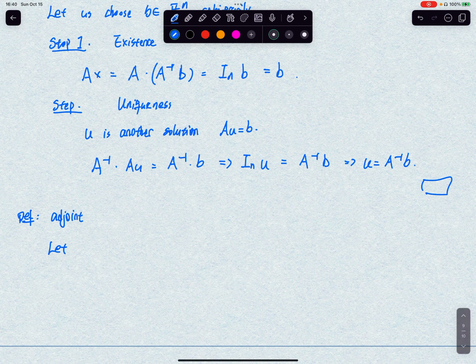So still, let A equals Aij be an n by n matrix. Then the adjoint of A, denoted by A star, is defined by